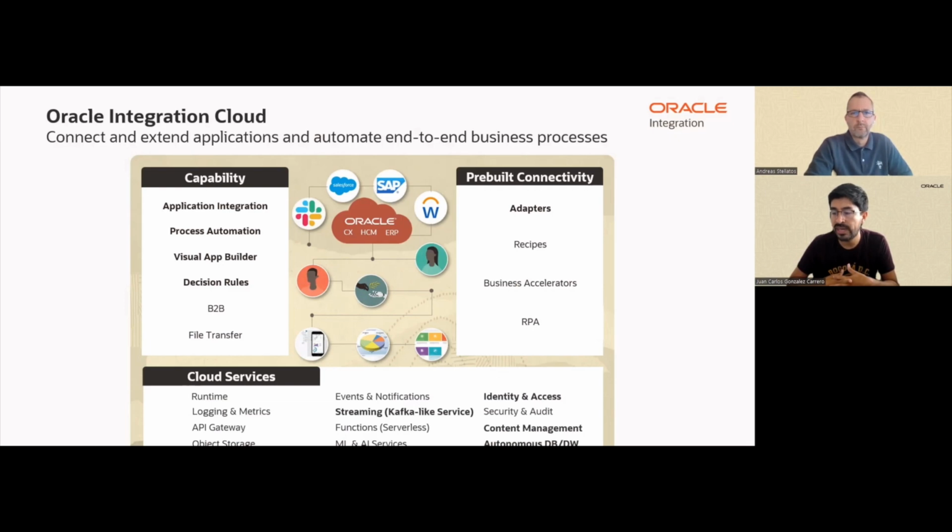You will see how we combine this web application together with content management, to embed the document lifecycle capability of content management within a web application that we set up with a low-code approach in Visual Builder, right? And finally,